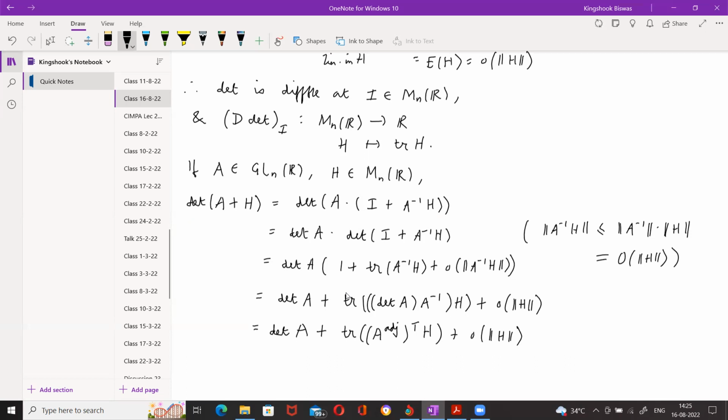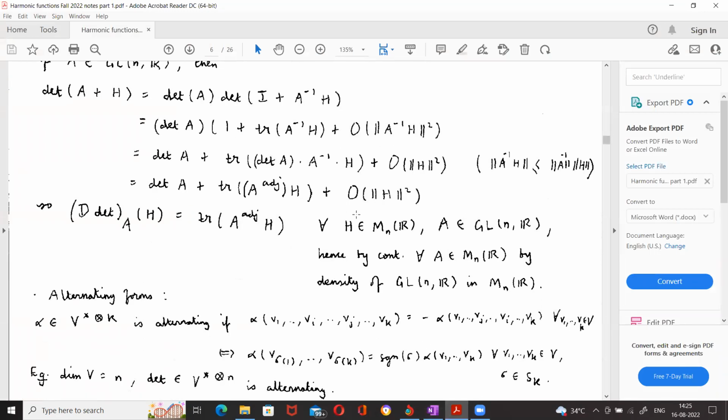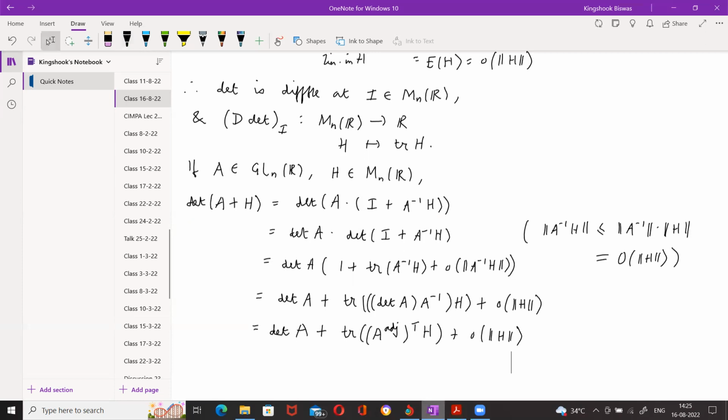So, there's an error in the notes. I've written the adjugate matrix in this computation, but it should be the transpose, I think. It should be the transpose. Okay, so anyway, this implies that